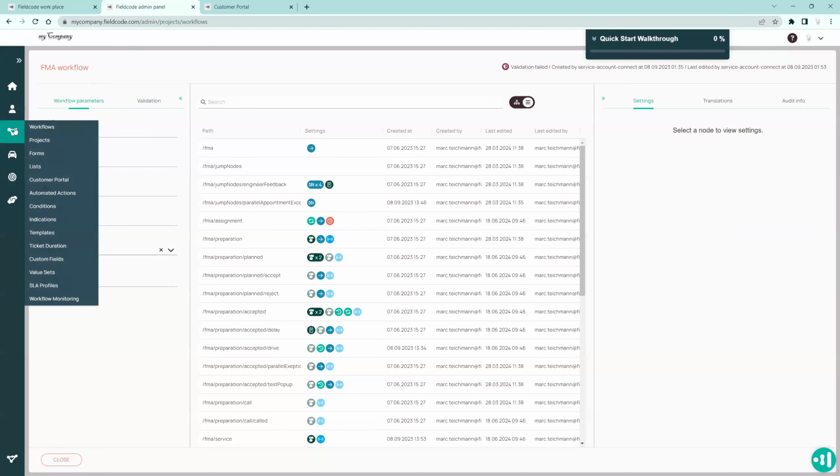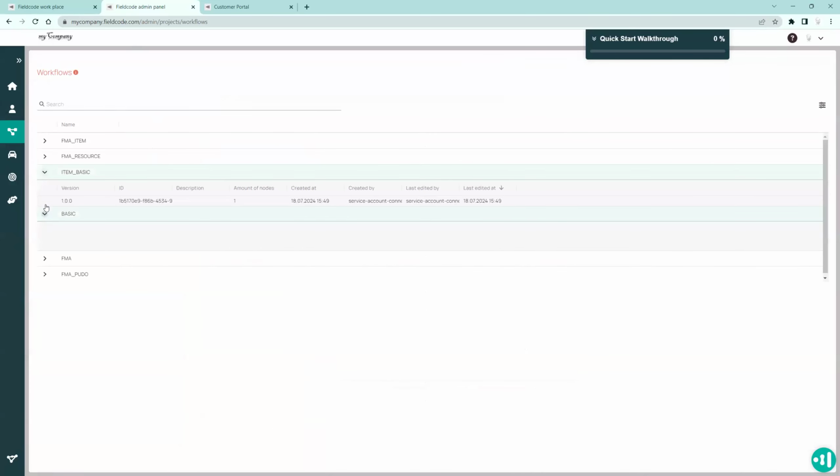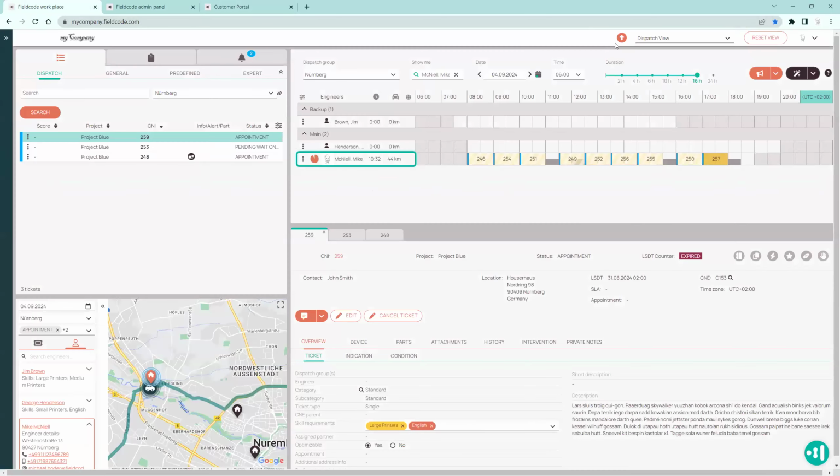So yeah, this is just what we've added there. So you now can see versioning. This is just in preparation for further enhancements and improvements to workflow. So there'll be many more to come. Going back to the workplace,